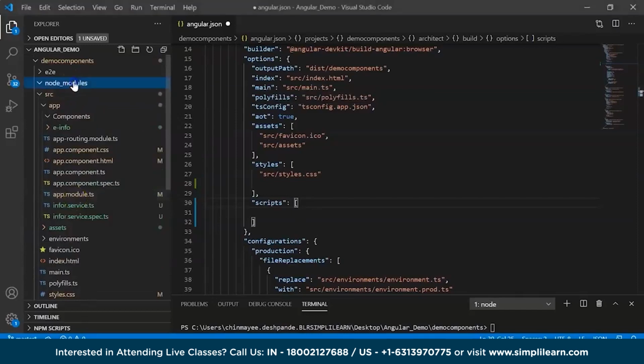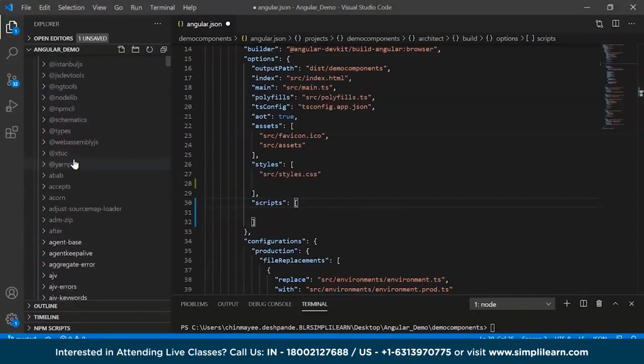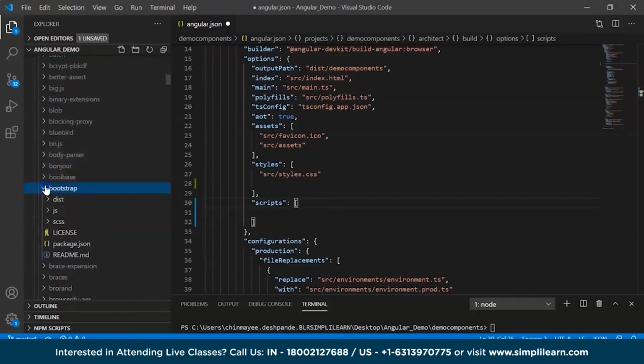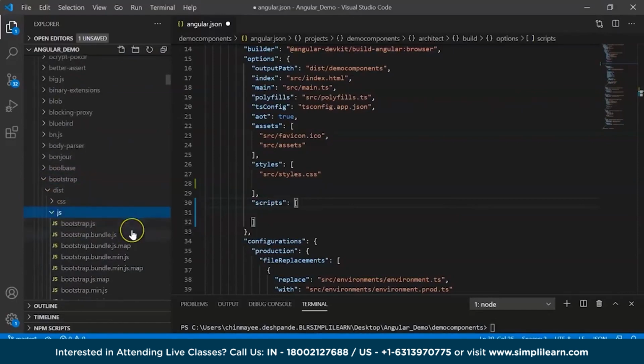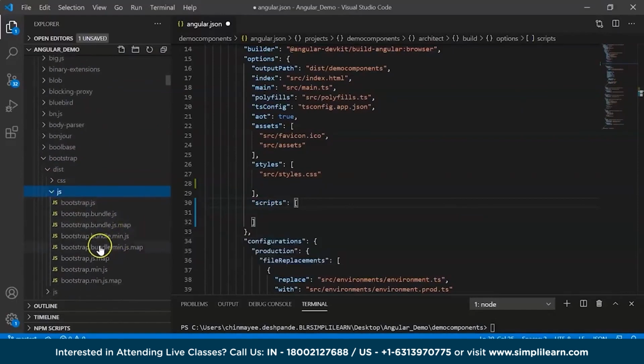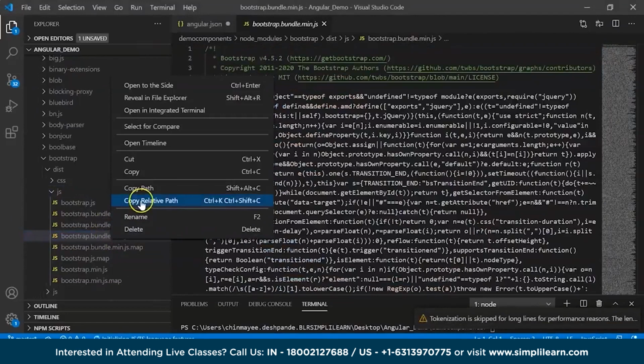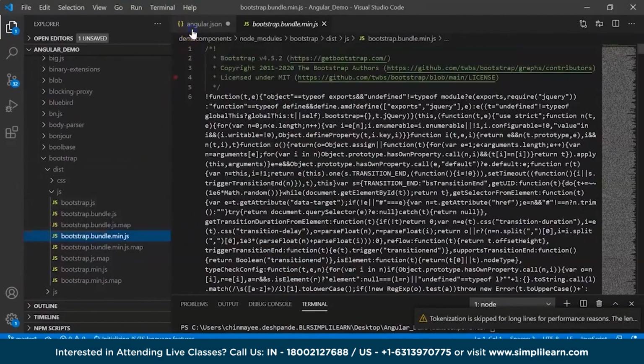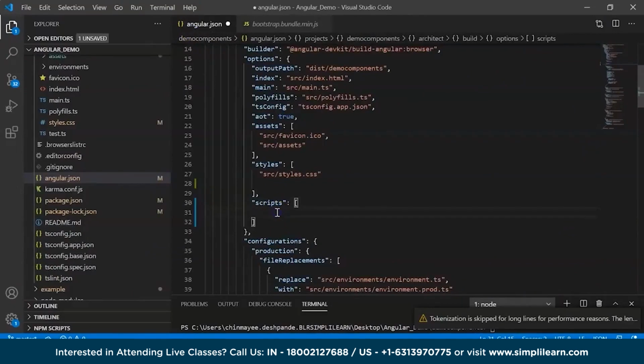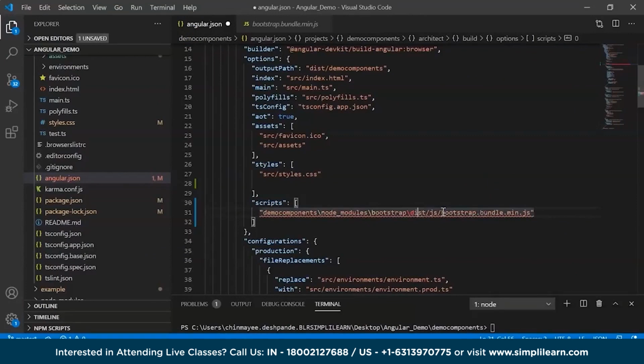So go ahead and here you can look for bootstrap. Here you go. And then in your dist folder, click on JS. And then you can see you have bootstrap.min.js. Well, I'm sorry, we need bootstrap.bundle.min.js. So here you can just right click and say copy relative path. And back in my JSON file, in my scripts, I'm going to just paste it here. And make sure to make it a path by providing ./